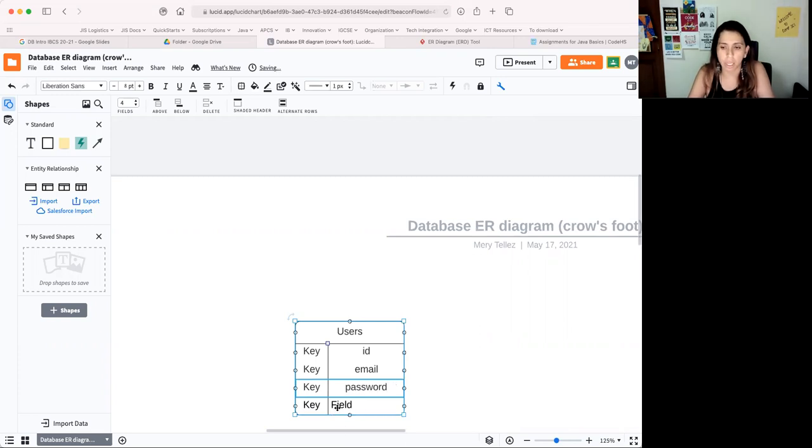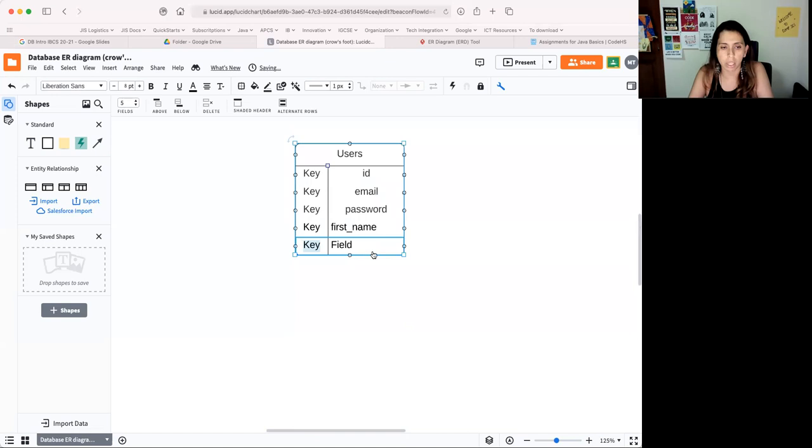Password, and we're gonna have the first name. Remember to use the same conventions that we used. And we're gonna need a last name and a phone number. So last name, and we're gonna need the,